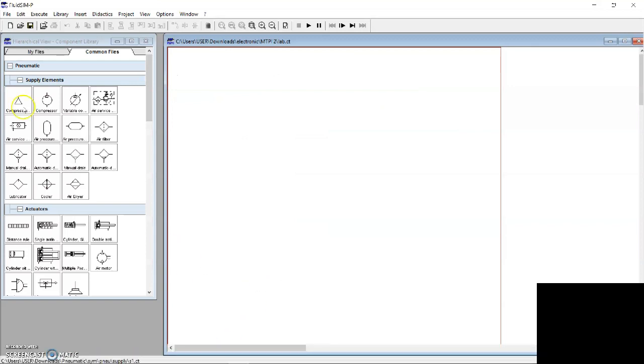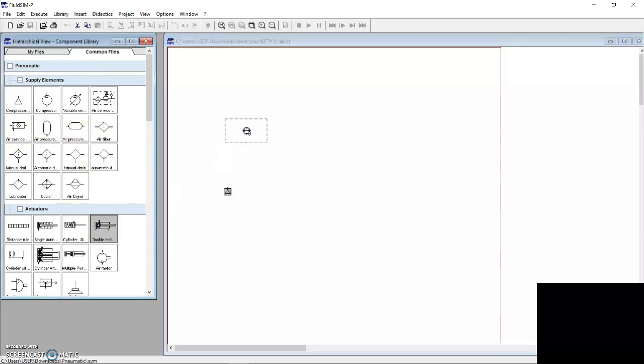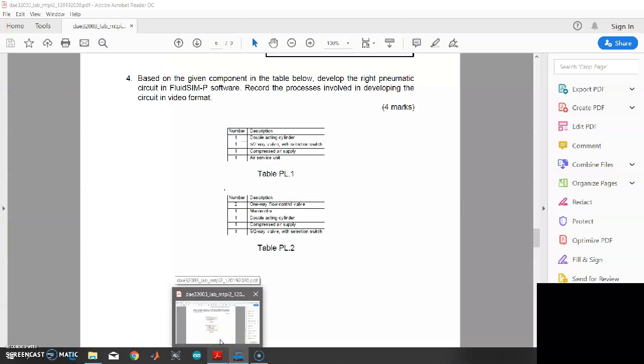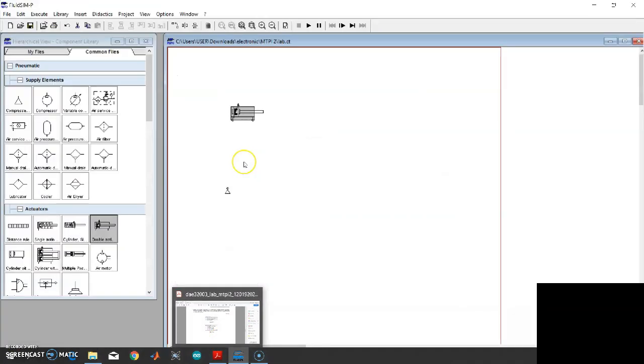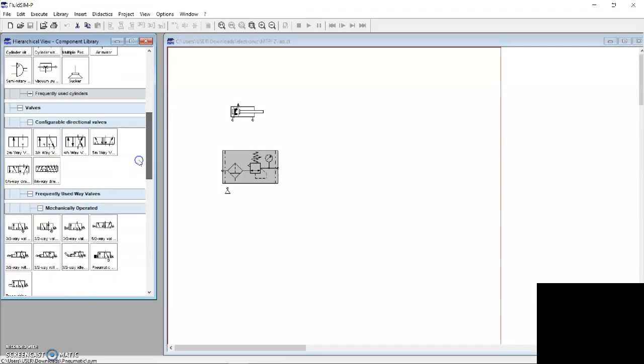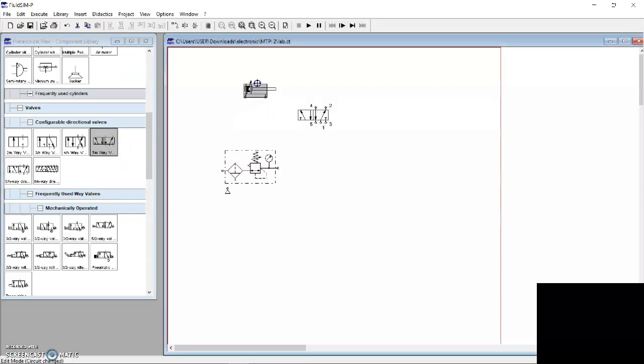So you can see we need a compressor, we need a double acting cylinder, we need a service unit and a 3/2-way valve. So you can see how we connect the components. First, connect to the valve with this double acting cylinder.